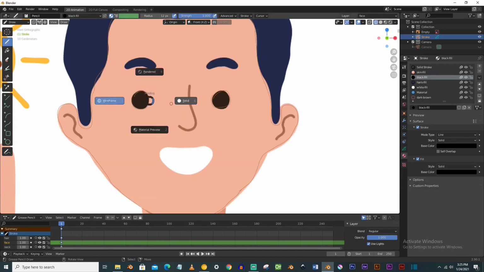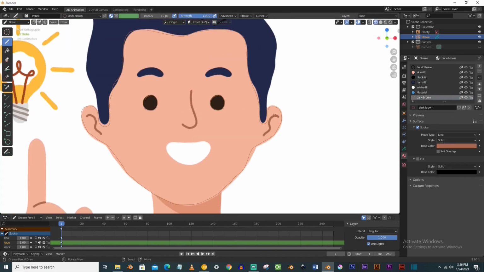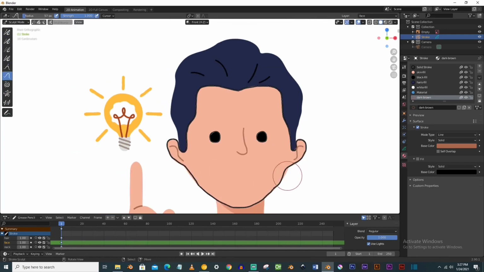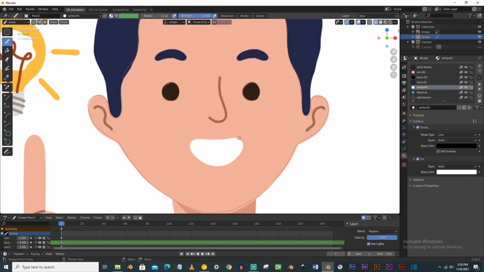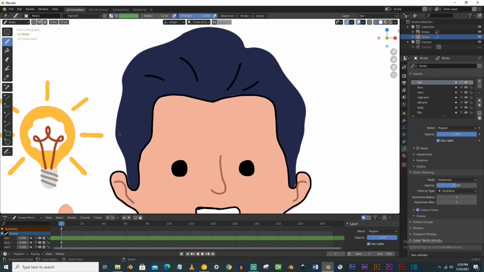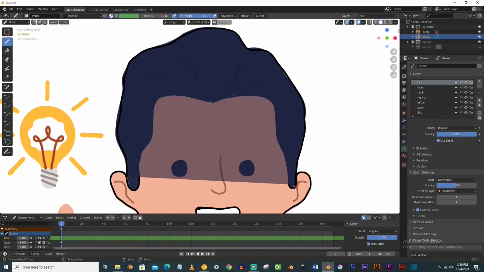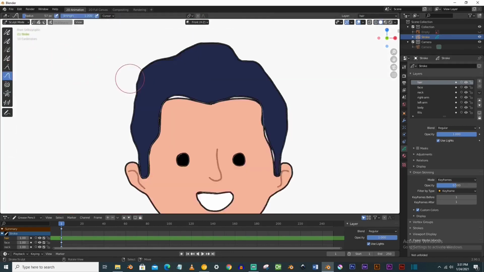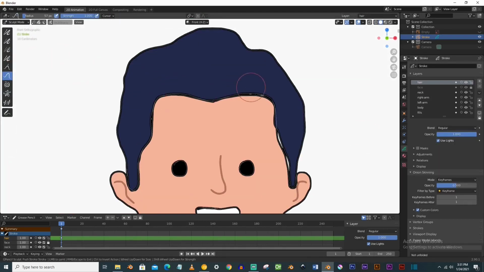If you lift your hand at any point, you may face a mess. And we will adjust here by going into the sculpt mode.